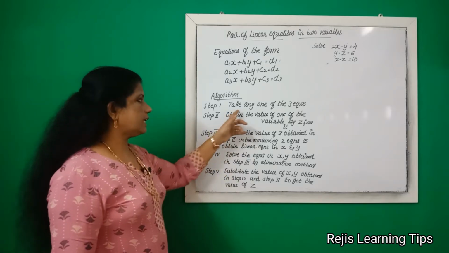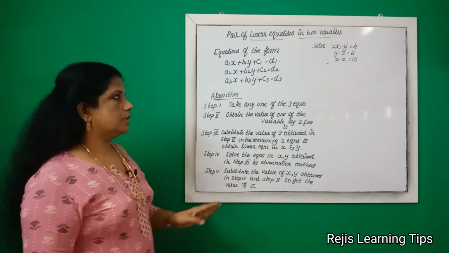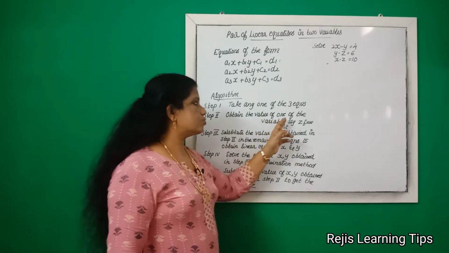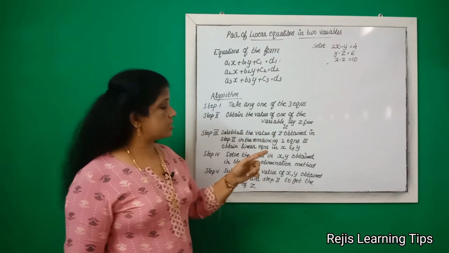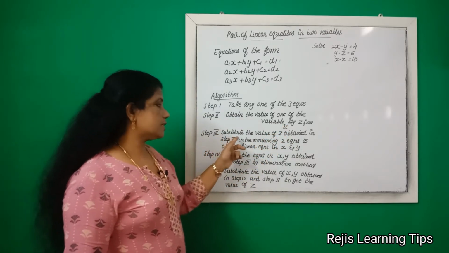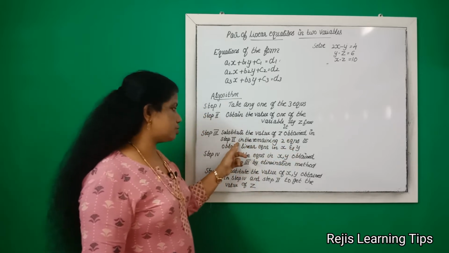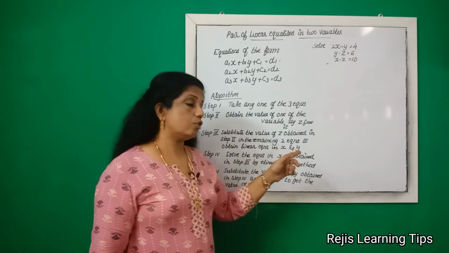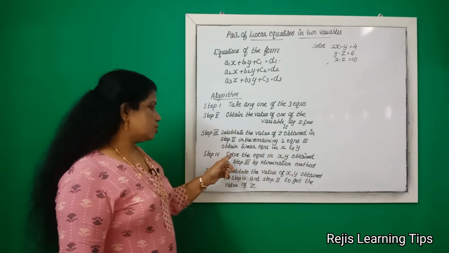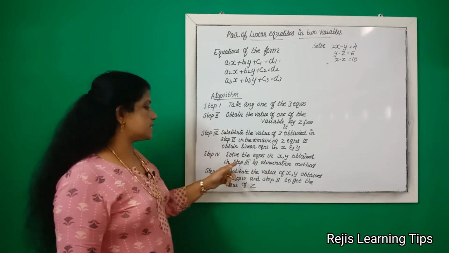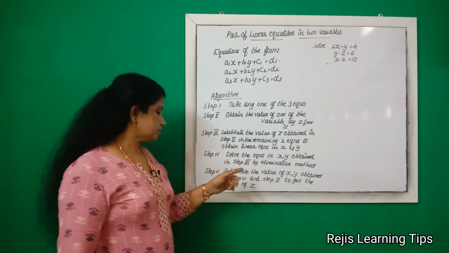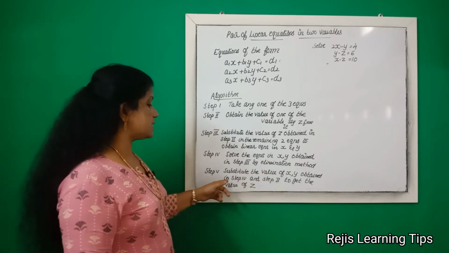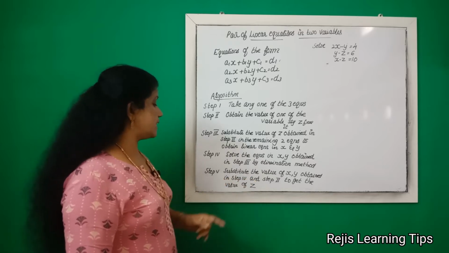Algorithm step 1, take any one of the three equations. Step 2, obtain the value of one of the variables, say z, from it. Step 3, substitute the value of z obtained in step 2 in the remaining two equations to obtain linear equations in x and y. Fourth, solve the equations in x and y obtained in step 3 by elimination method. Step 5, substitute the values of x, y obtained in step 4 and step 2